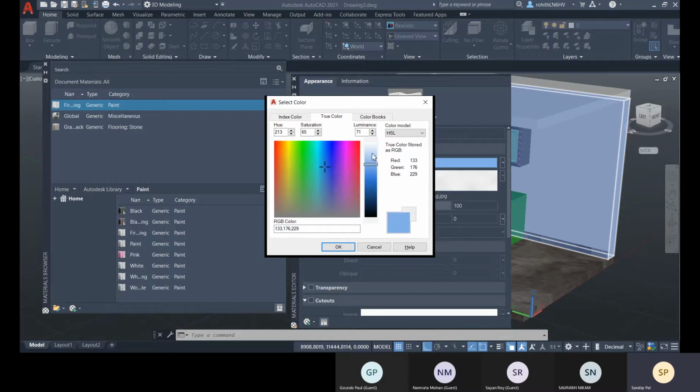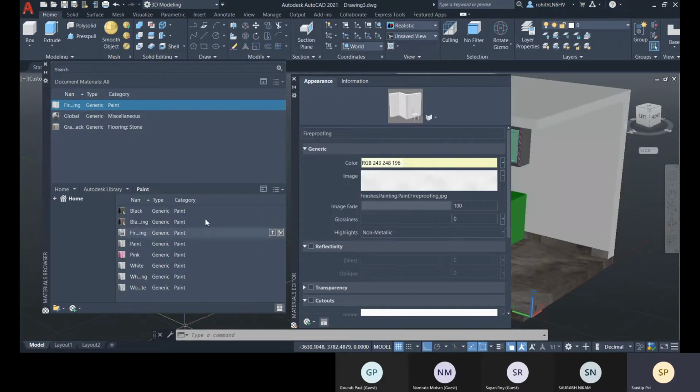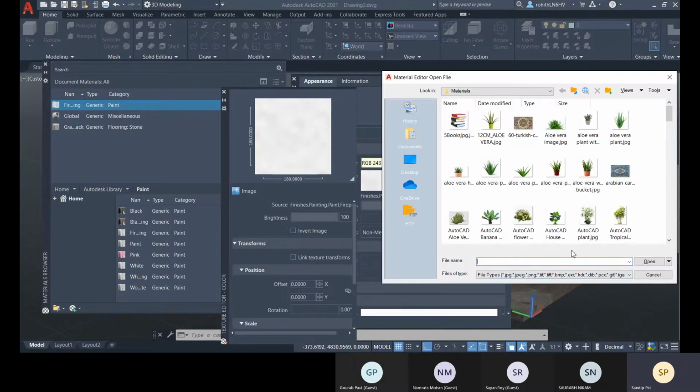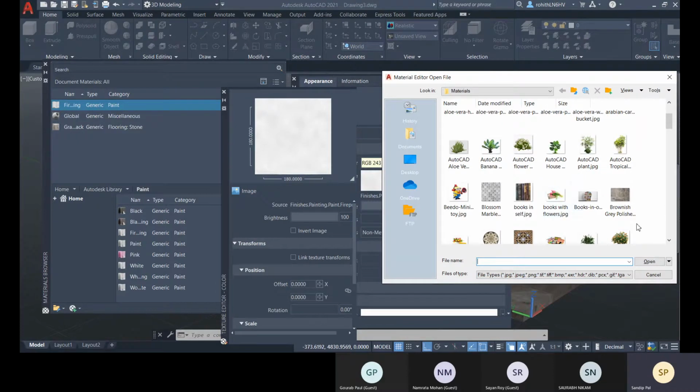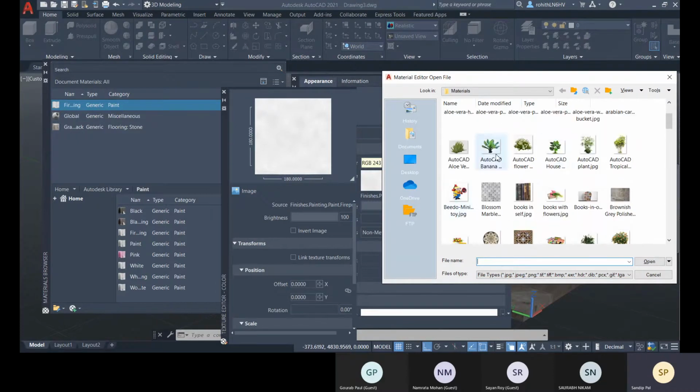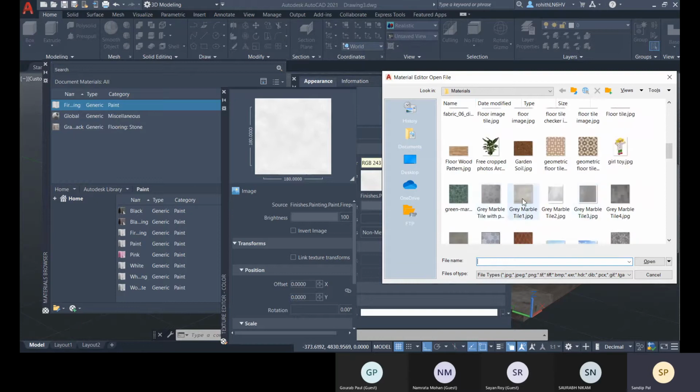Okay, all right, so yeah, click on OK. And if you want to apply any image over there, you can choose the image you want to apply. If there is any kind of image or pattern you want to place, you can provide it over there. Okay.